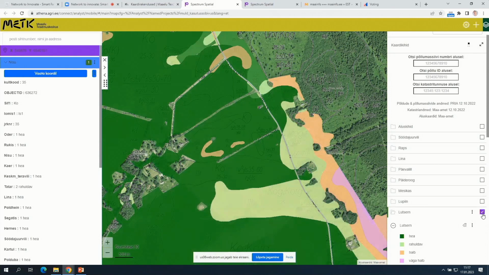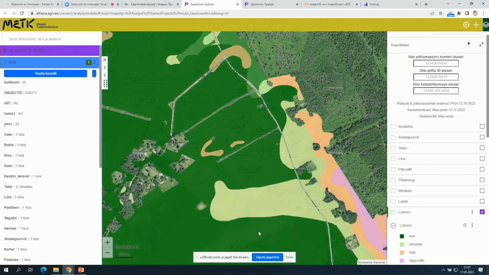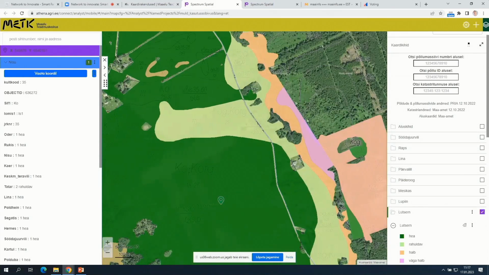Let's see if the soil is suitable. For example, here is an entire field which is not suitable for growing lucerne. And then I could make decisions on where it's optimum to grow them or not. Of course, you can grow them in the areas that are not suitable, but then you have to put more inputs into the soil via agrotechnology.